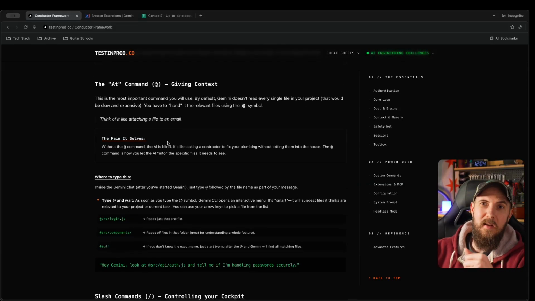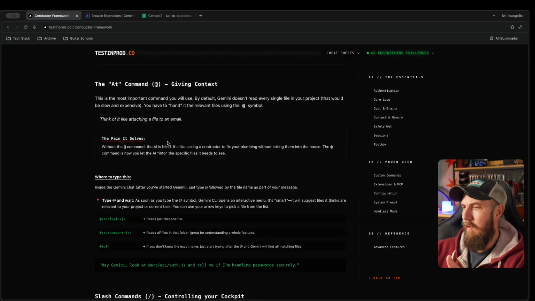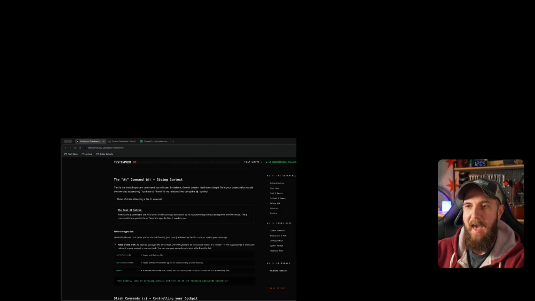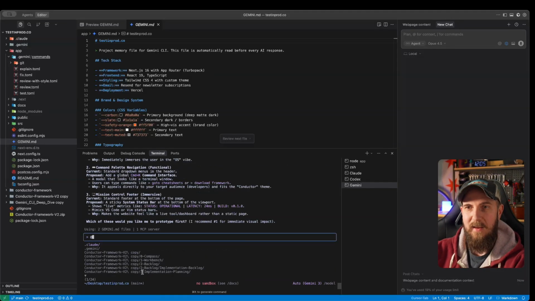So the at command is another one that will be really helpful for you. The at command is so you can point Gemini to specific files. This will save you tons of tokens. If you want it to just look at something in a specific file, you can narrow its focus by just saying at. So you would come in here and type at, and then it will read any file in your